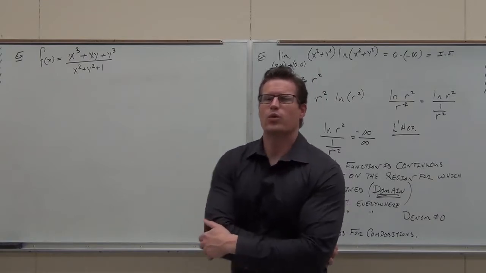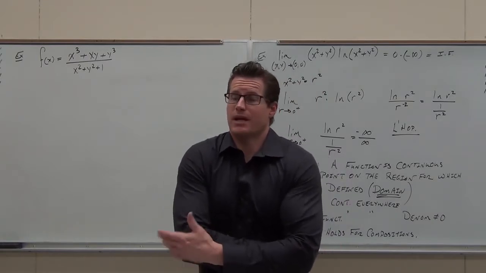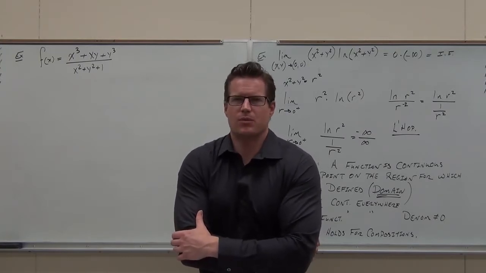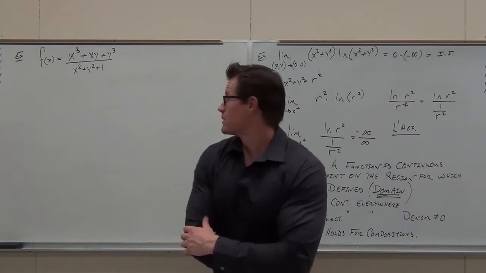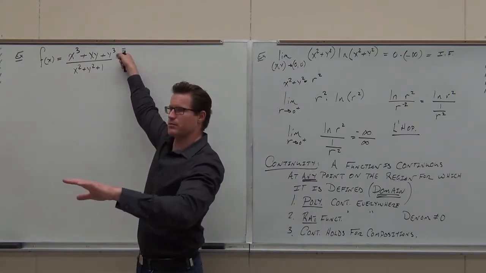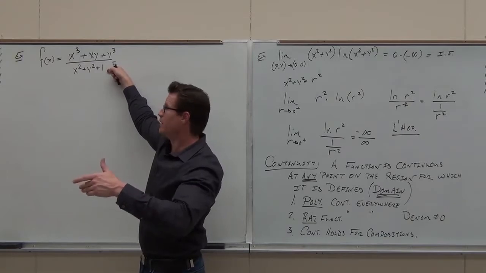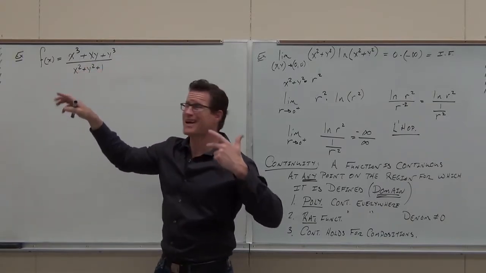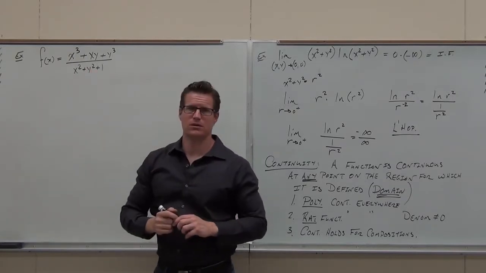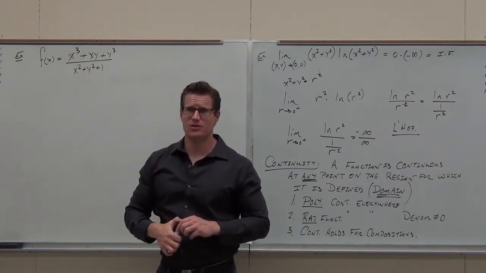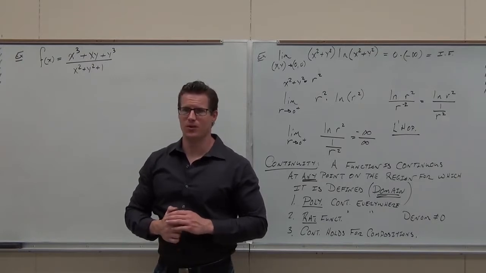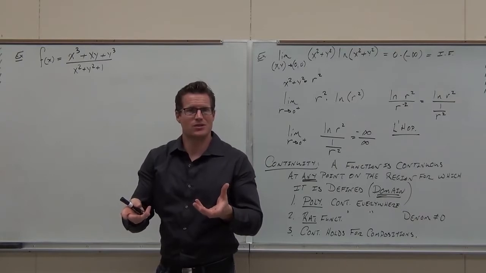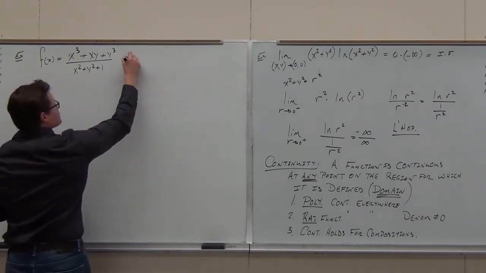Question: where would domain issues, and so likewise, where would continuity issues exist on this problem? If anywhere, where would they be? Good. Polynomial, continuous everywhere. Perfect. Rational function, continuous everywhere unless the denominator can equal 0. Now here's my question: can the denominator equal 0? Not without imaginary numbers. Do we have imaginary numbers? Thank goodness, no. So are there any continuity issues? So this would be continuous